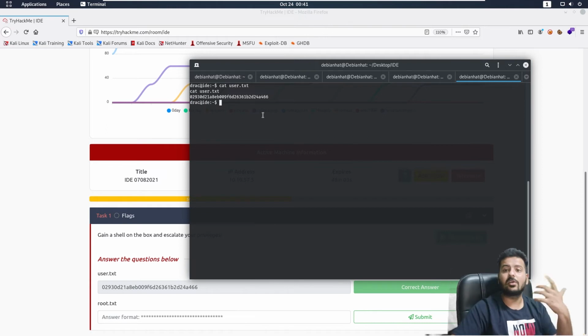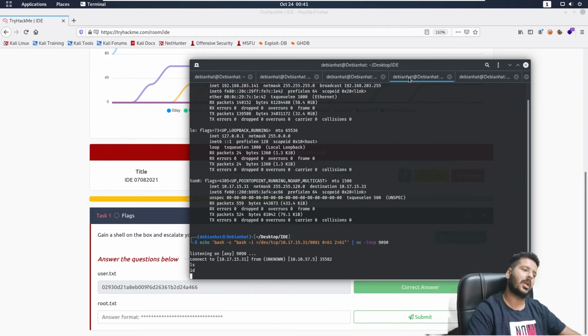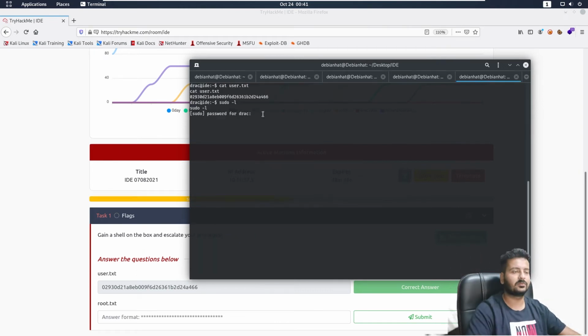We can check for some sudo permissions as well, what this user is able to run. Okay, so we'll look for some sudo permissions that this user would be able to. The simple command is sudo -l. This will list out all commands or things that this user can run as sudo. Therein I need the password, and I have lost that.